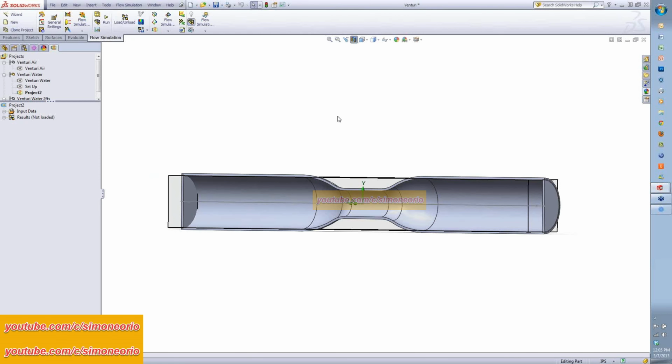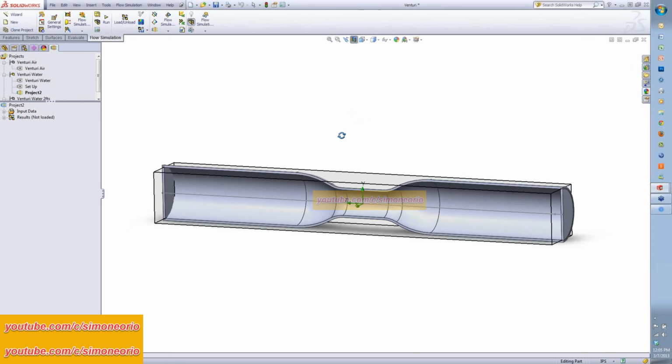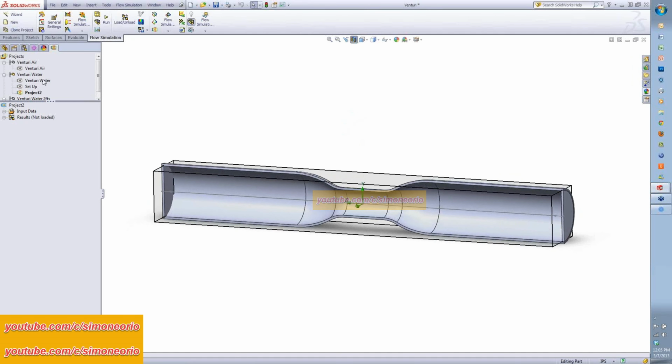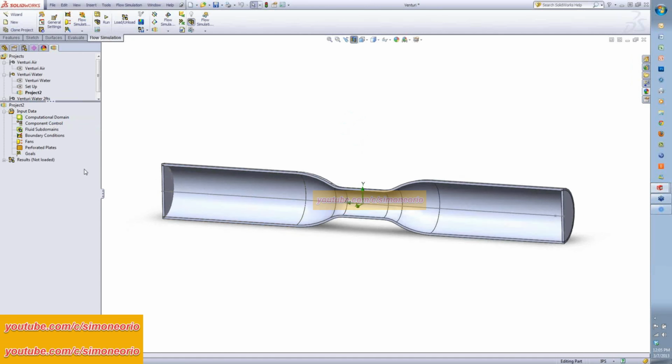Now, I have a section view turned on so we can see inside this Venturi. I can turn off this computational domain, or essentially hide it, and I'm also going to hide my global coordinate system. It just cleans up the view a little bit. From here, it's a matter of adding our boundary conditions.